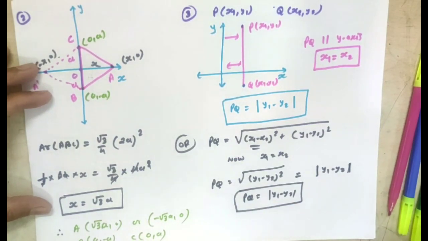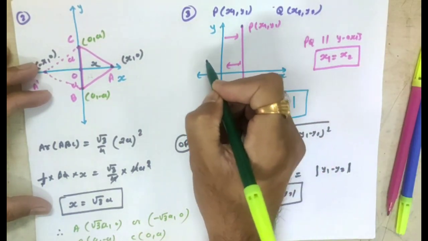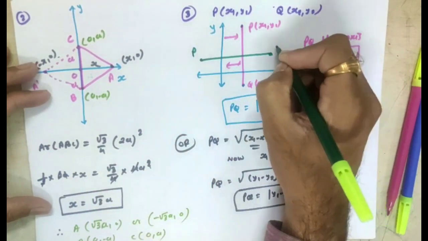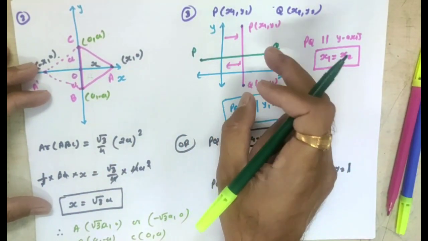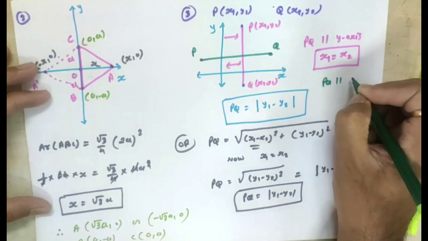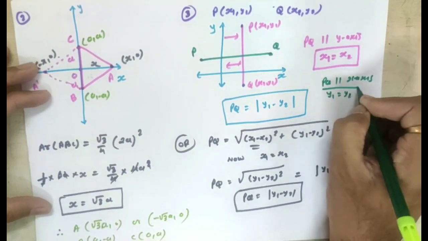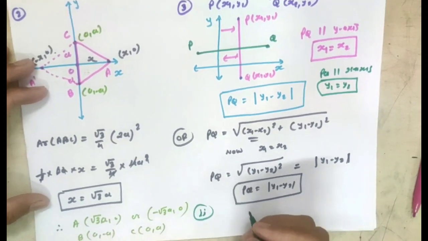Now similarly, you can solve your second case. Now for the second case, what are we given? PQ is parallel to the x-axis. So for the second case, our PQ will be like this. PQ is parallel to the x-axis. This is our P point, this is our Q point. Now the line is parallel to the x-axis, so the distance from the x-axis will be equal. So for this case, what can we say? When line PQ is parallel to the x-axis, what will happen? y1 equals y2. Its y coordinates are equal.